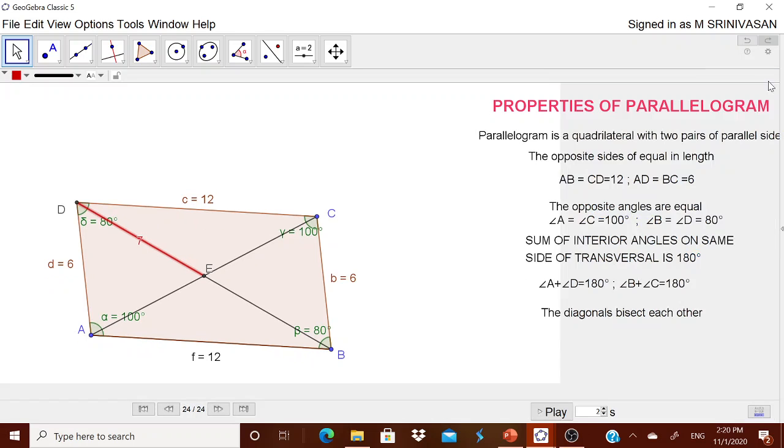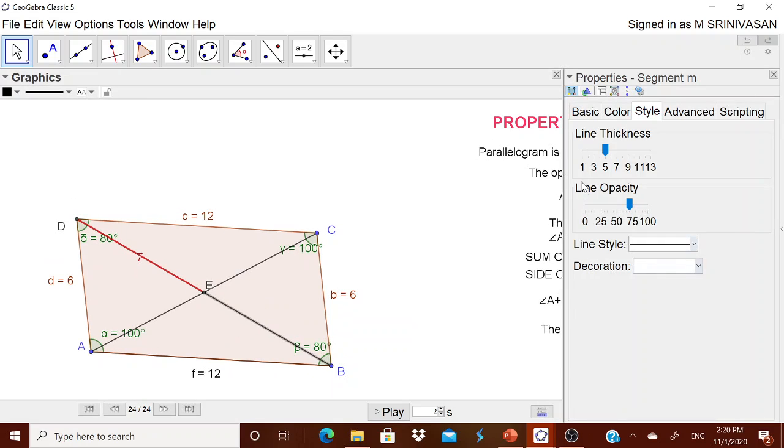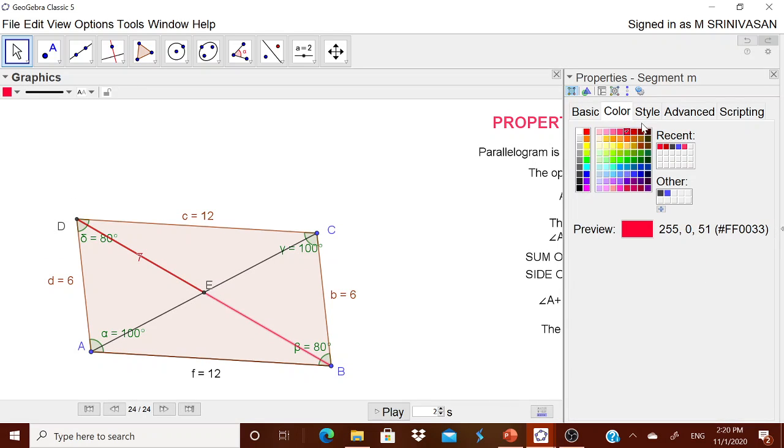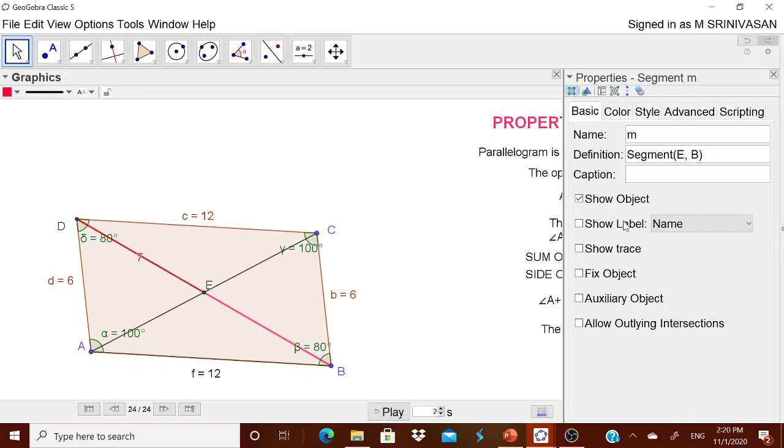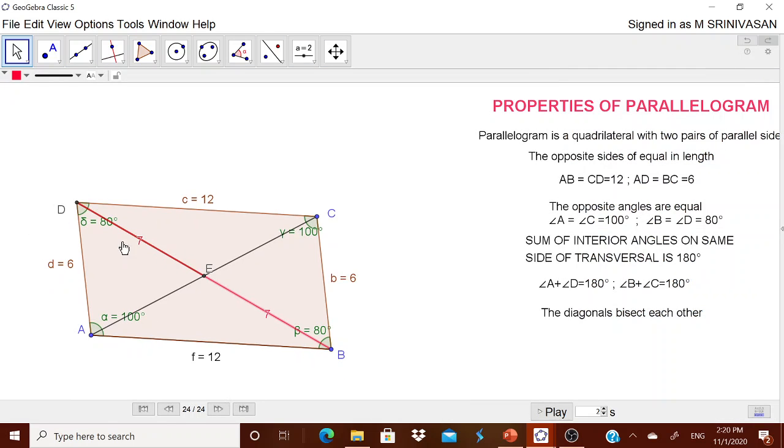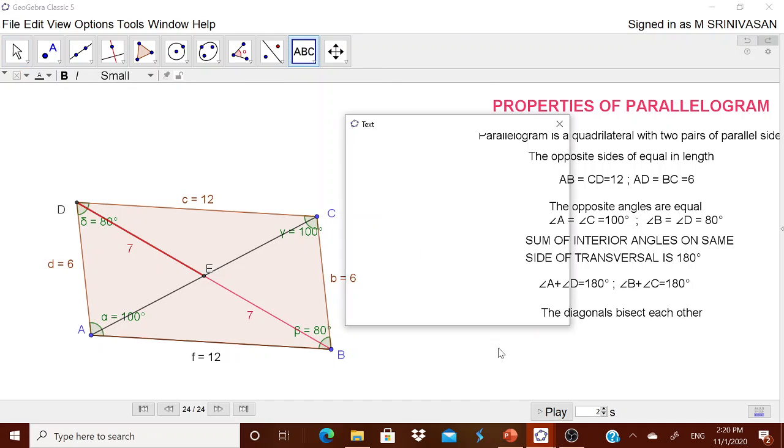Okay, now you got the first one. The second one again, right click it and then go to the object properties. Again you can have the same color and show its value now. You are seeing over here both are 7 and 7. Therefore, you can declare over here in that text that